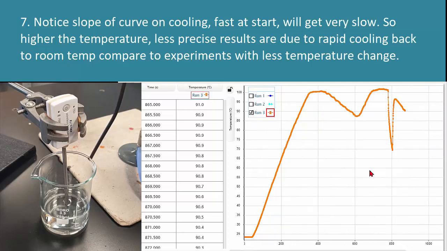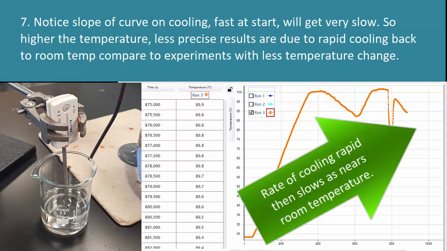This experiment took 20 minutes, so I'm doing a lot of fast forwarding. What you're going to see is it rapidly cools at the start and then it starts to curve off. As it gets closer to room temperature, the temperature change is less. You need to appreciate that this is one of the reasons you've got a systematic error, perhaps if you're doing change of temperature or just any experiment, because they release heat. You need to be aware that increasing concentrations will inevitably increase temperatures. So that's another reason why increasing temperatures as well as increasing concentrations is going to cause a larger lack of